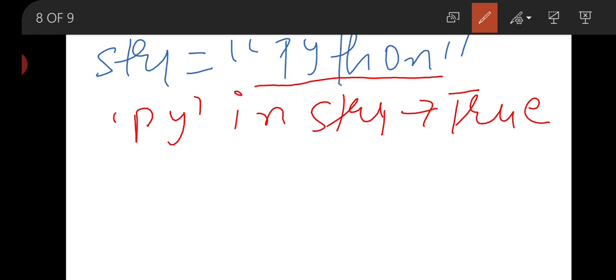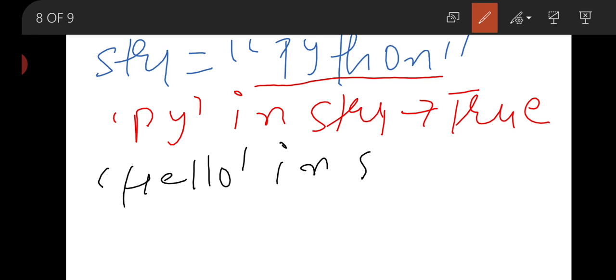If we write hello in str1, this will return false because there is no hello word in this sequence python.